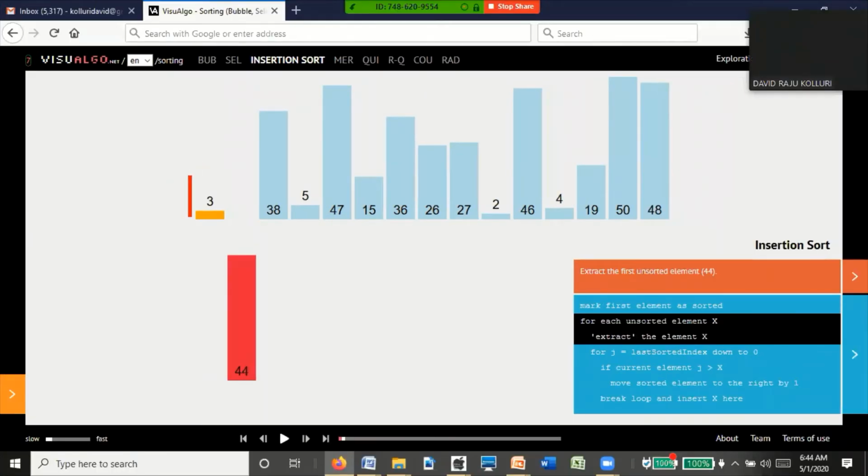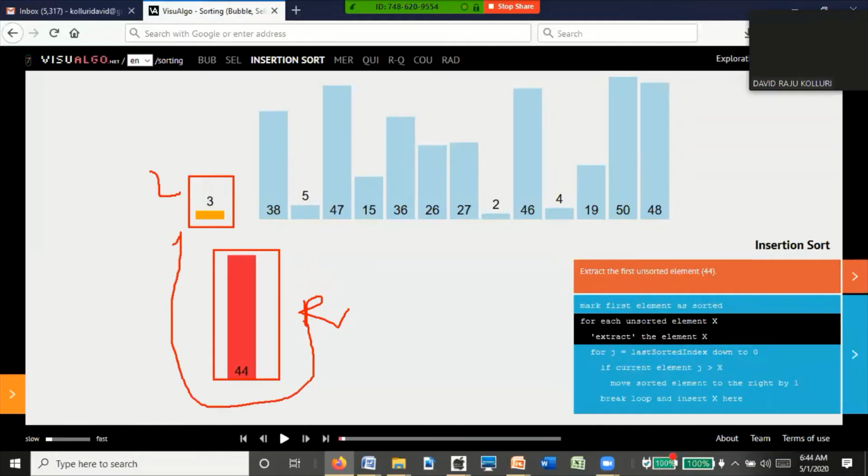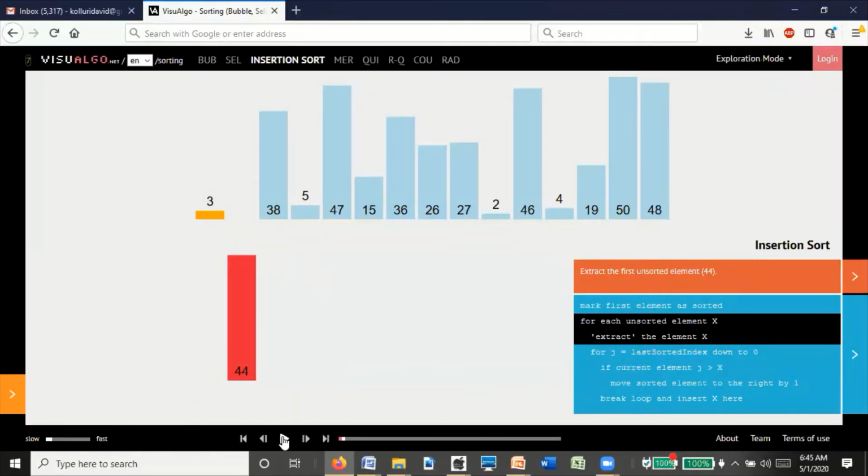This will be in the left hand, and now this will be in the right hand. So this right hand card will be compared with the left hand. Actually, this is greater than 3, so its position will not be changed.